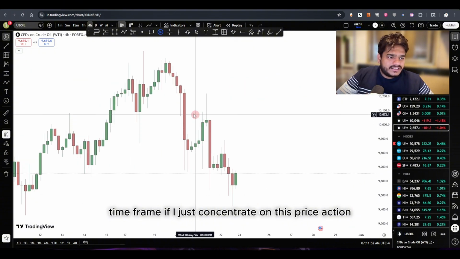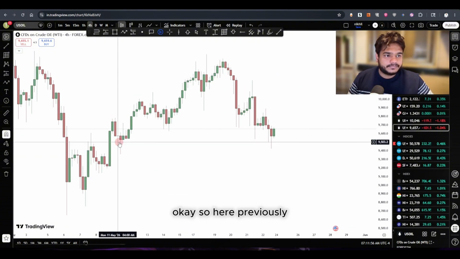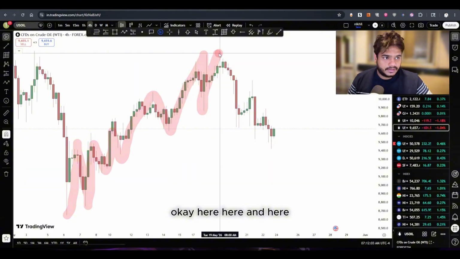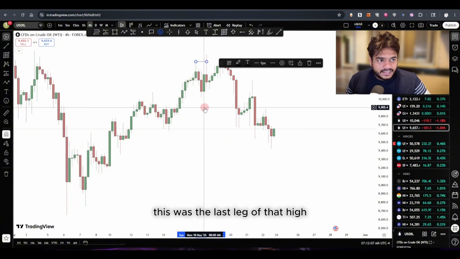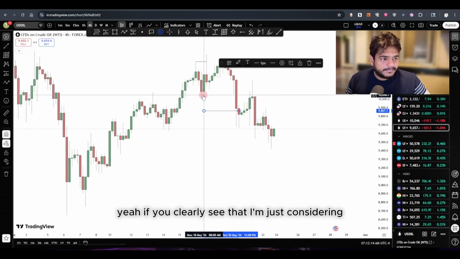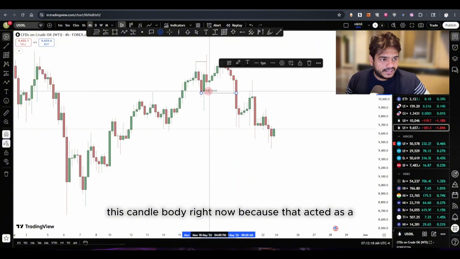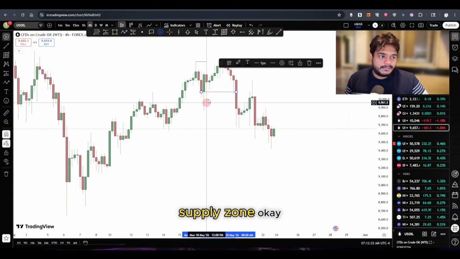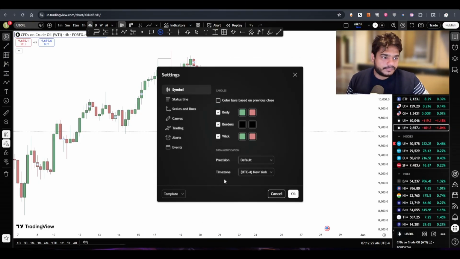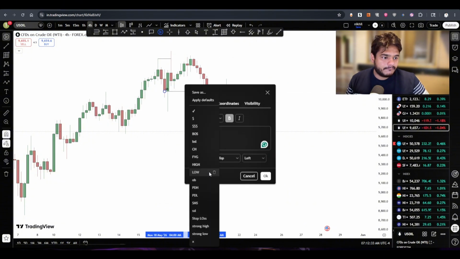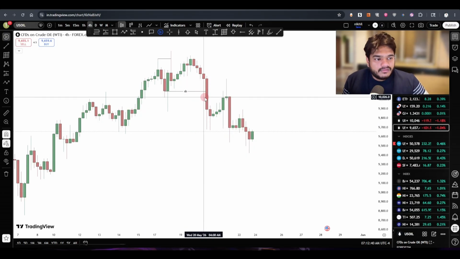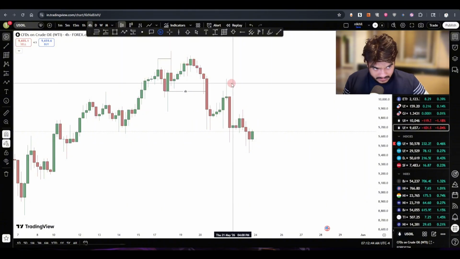Now on the 4 hour time frame, if I just concentrate on this price action, previously we were making higher highs and higher lows, here, here, and here. This was the last leg of that high, and this is the last leg of that low. If you clearly see, I'm just considering this candle body right now because that acted as a supply zone. Then we have the change in state of delivery, or just structure break. Structure break happened,